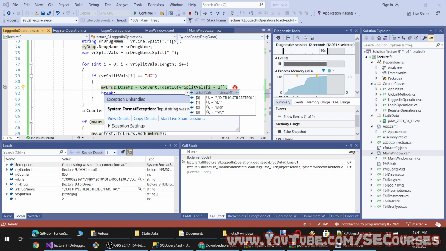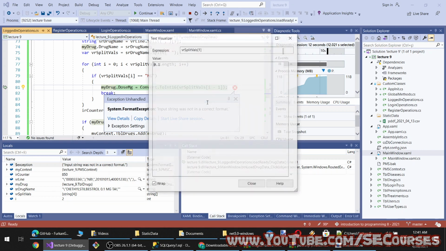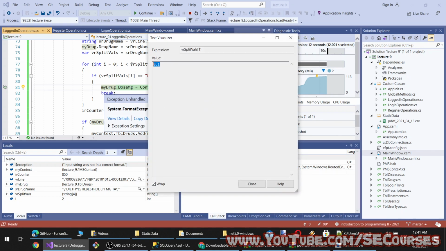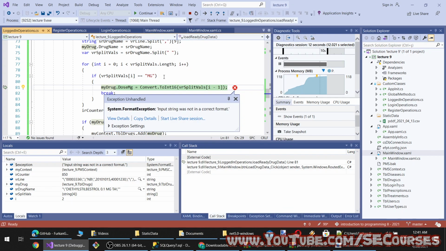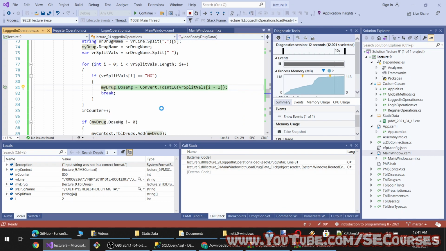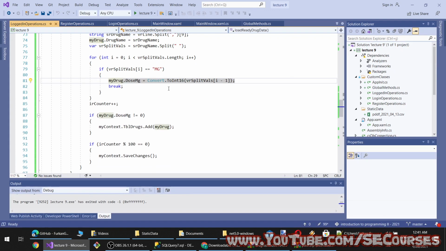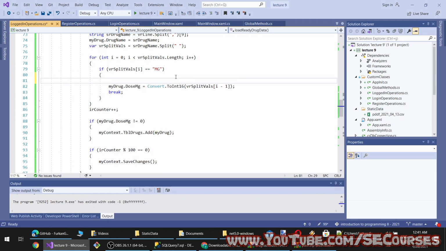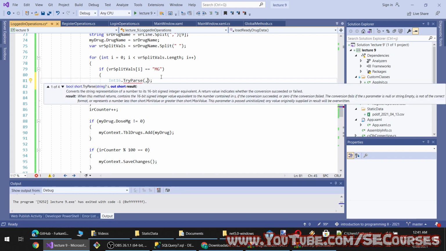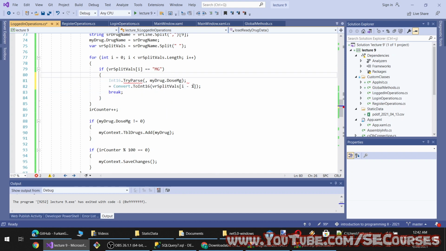Why? Okay, it was not able to convert this into an integer. So I think what I'm going to do is simply like this. Int 32 try parse, so there won't be any errors. Yeah, this is the out and this is the split.